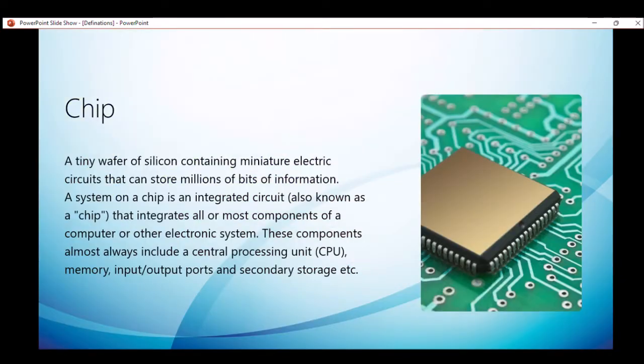Chip: a tiny wafer of silicon containing a minor amount of electric circuits that can store millions of bits of information is called a chip. A system on a chip is an integrated circuit, also known as a chip, that integrates all or most components of a computer or other electronic systems. These components include a central processing unit, memory, input or output ports, and secondary storage,